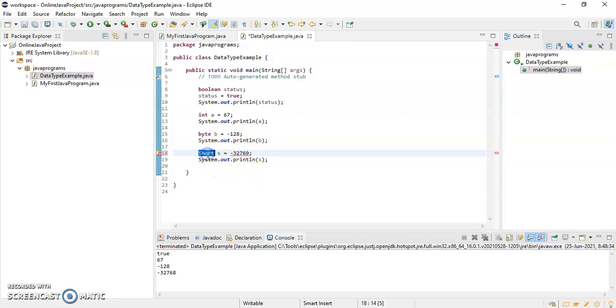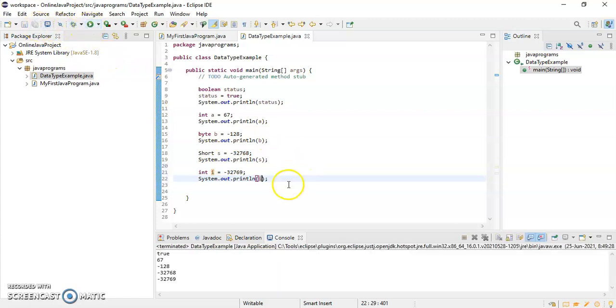But if I change it to int, okay, suppose I am taking int i is equal to the same thing, minus 32,769, and I'm printing this value, so no problem. Okay, because if you see, its range is